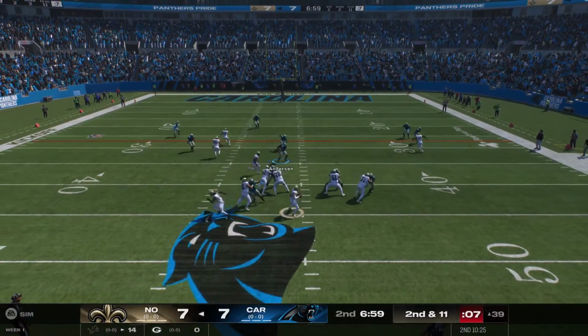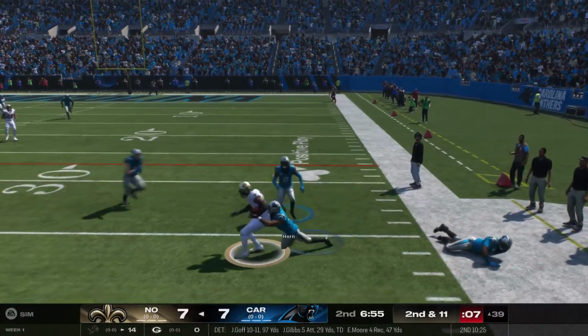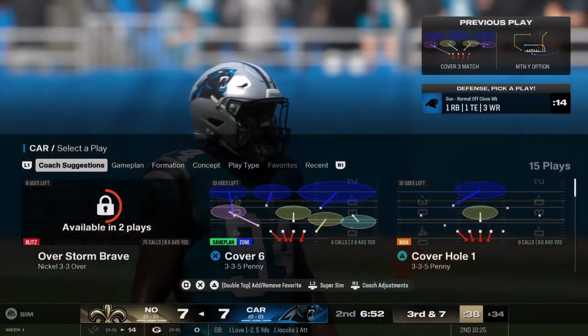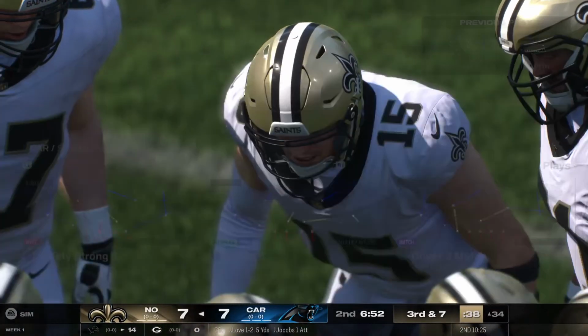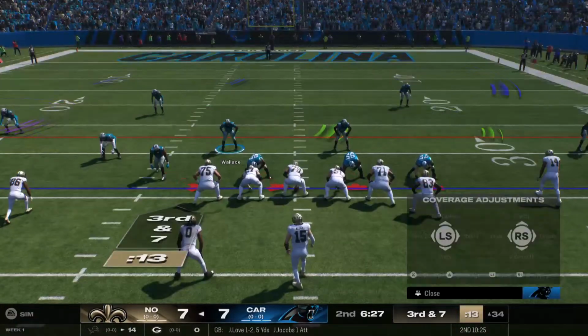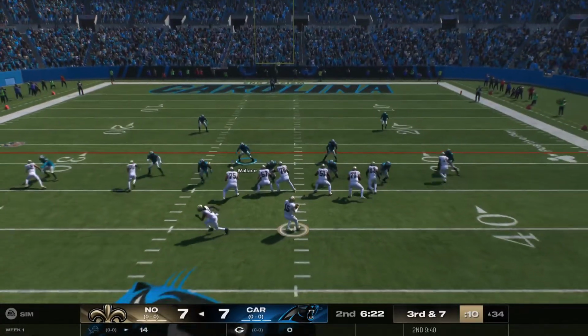2nd and 11. There's a short one caught by Johnson. He's brought down at the 34. Call it a gain of 4. Oh, it's time to give a little credit there to the defense. They played that very well because it was a drag route, and he ran a little shallower than normal as he worked straight across the field. He was hoping he'd get lost behind the defensive line, but once he made the catch, nowhere to turn upfield